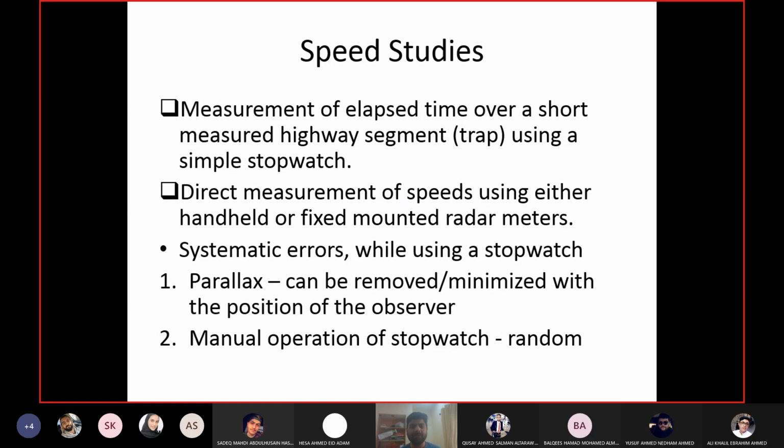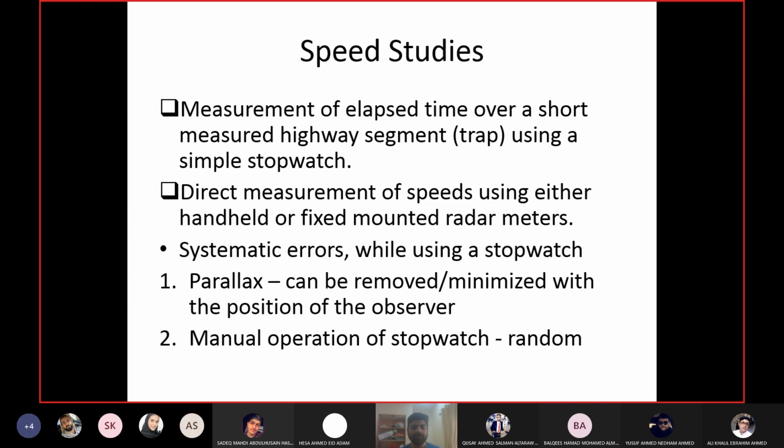Why are we calling this manual? Because you are the one who will operate the device, and you are the one who has to write the speed as well. Those devices which we are talking about here are operated manually. Like the stopwatch, you are recording the time, right? You are starting the watch and stopping the time, right? Same thing with these handheld devices or these speed radars. You have to press the button in order to collect the speed, and you have to write it down somewhere because the device will not store it for you. This is why it is still manual.